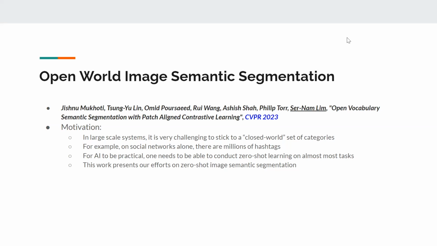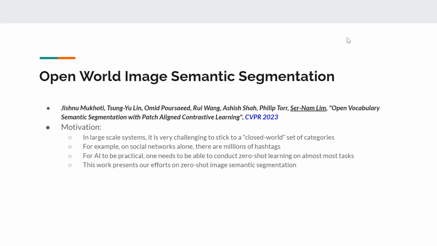The motivation is this. There's a lot of images that come onto social networks. 3 years ago, it was about 50,000 images per second. Just let that sink in, 50,000 images per second. And on these 50,000 images per second, you're doing classification, you're detecting integrity issues, whether there's nudity in it and all those things. And it's just a huge load.